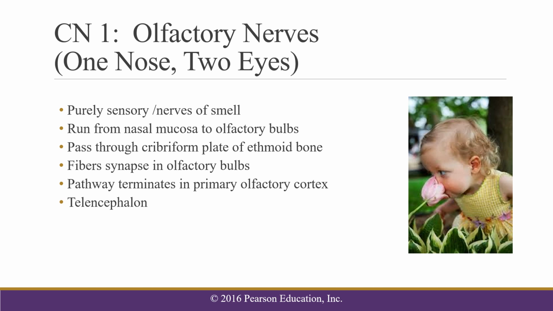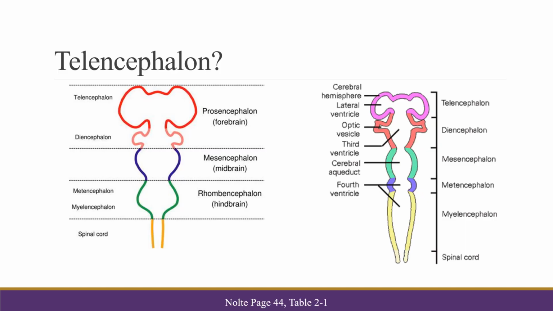Olfactory nerve, it's purely sensory, it's for smell, it's a chemoreception, you're picking up on chemicals. It passes through the cribriform plate of the ethmoid bone. Make sure you know that, that's not an uncommon test question. So cribriform plate, ethmoid bone. Fibers synapse in olfactory bulbs, and the pathway terminates in the primary olfactory cortex, and it is derived from the